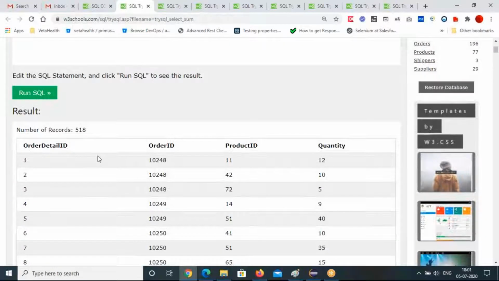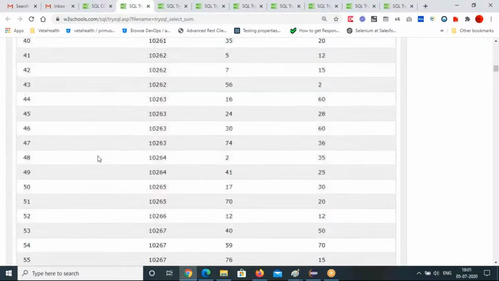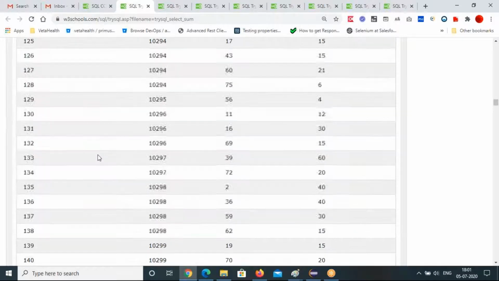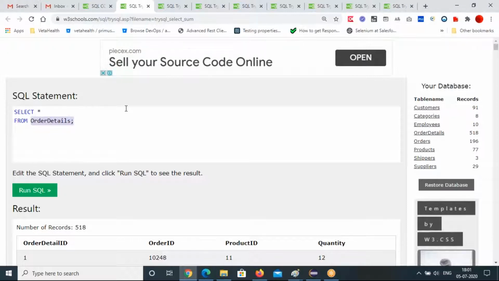See, 581 records are there. That's why I'm surprised. See, these are all records. That's how we can try all the records. Select star from this one. Same for the above also, guys.